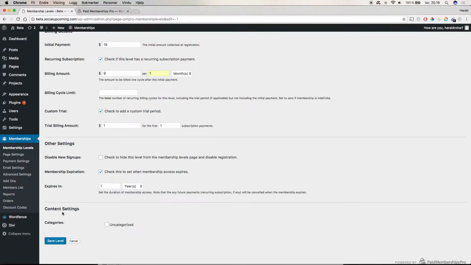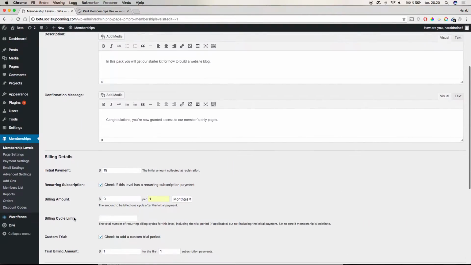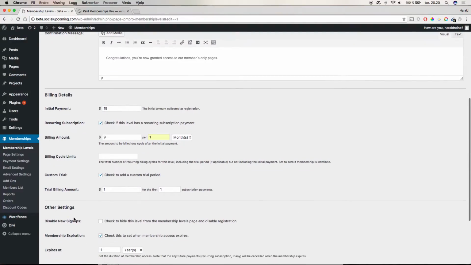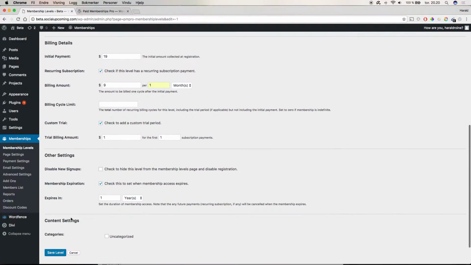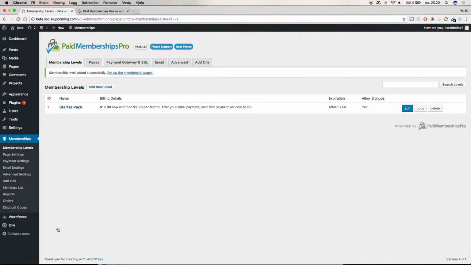And we will leave the content settings as it is. So we'll now see that everything is good. Starter pack, description, confirmation message, initial payment, billing amount, custom trial, and so on. So save level. Now you've created a package or a level or a membership plan that people can